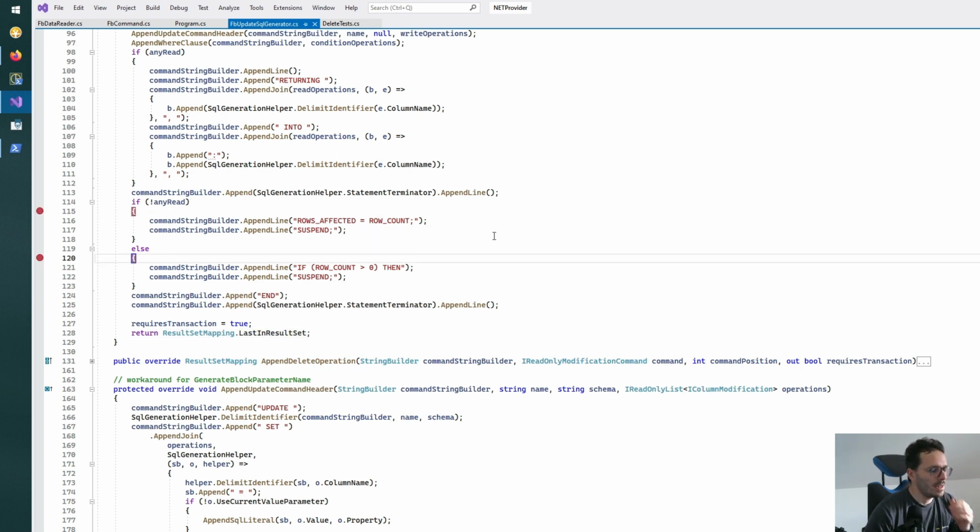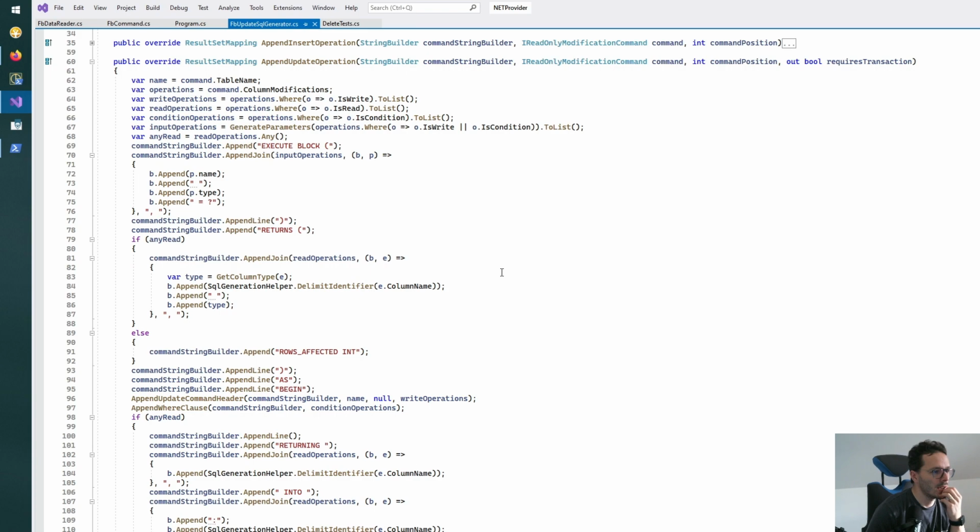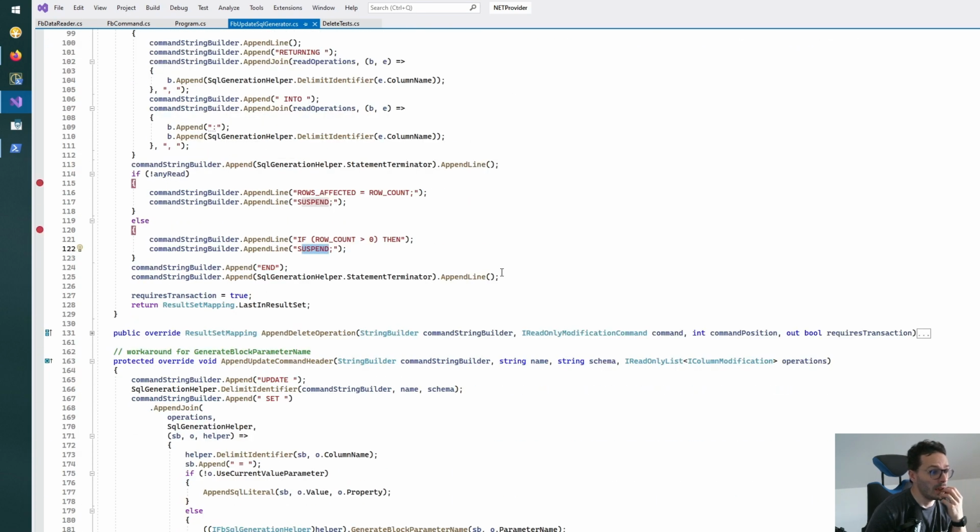So let me go here and here. Yes, so if I have rows affected and then directly suspend compared to just the if, and by the way, there is a wrong indentation, but do I care? Probably not. It's generated, right? And we save few characters on the transfer. Maybe I should remove the spaces. No, I'm not going to. Anyway, so I think it's